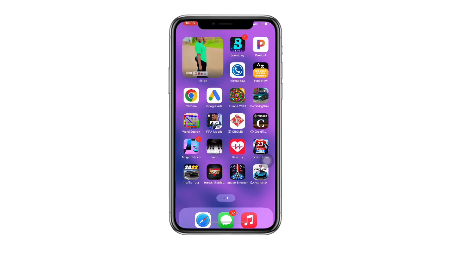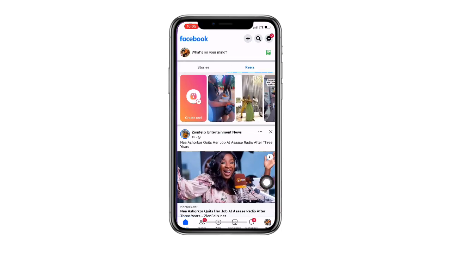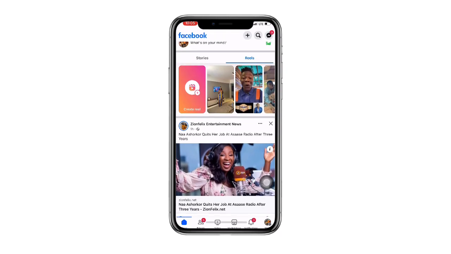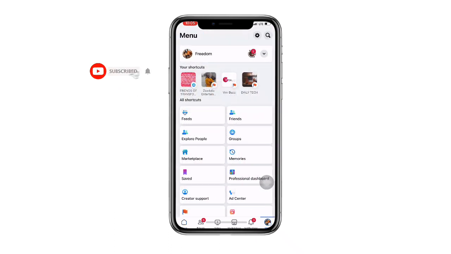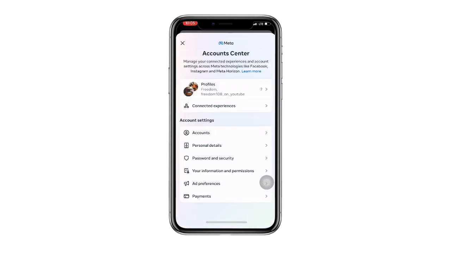Now in the first place, all you need to do is to open your Facebook. Now once you open your Facebook, you can see down here, just click on menu, and once you click on menu, you can see settings at the top right corner. Once you click on settings, you can see settings and privacy. Just click on that and you can see over here, see more in accounts center. Just click on that and you can see your profile over here. Just click on your profile,